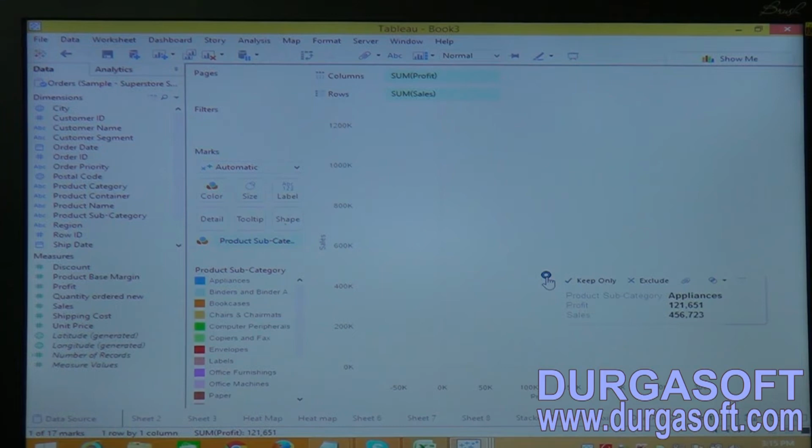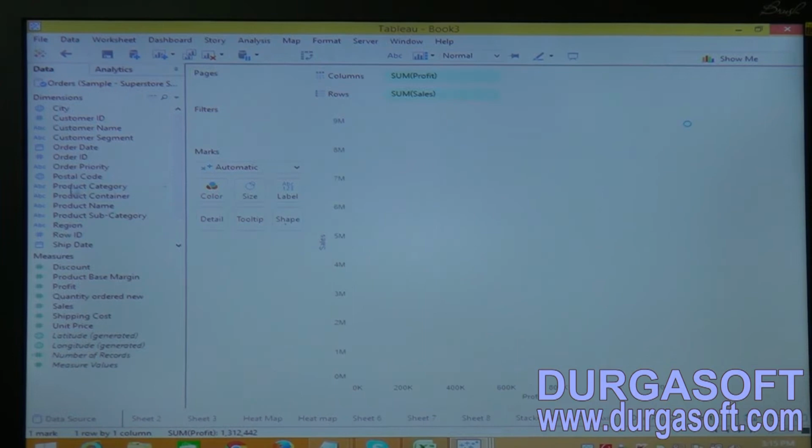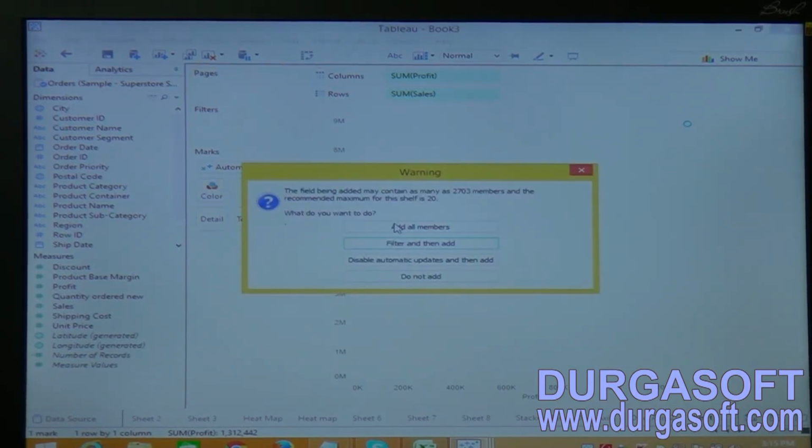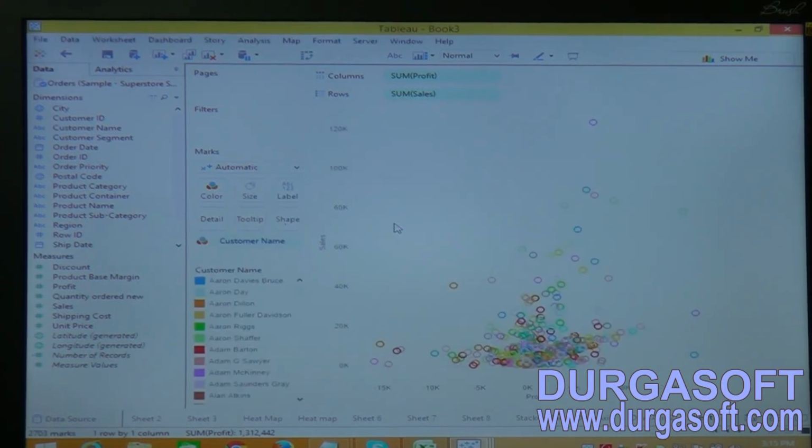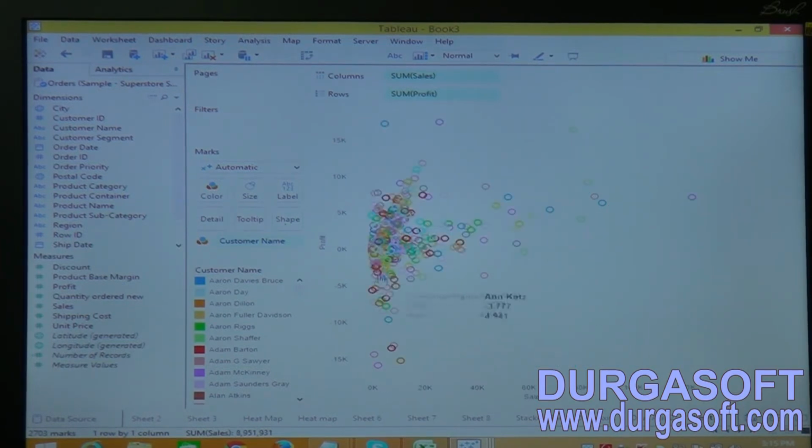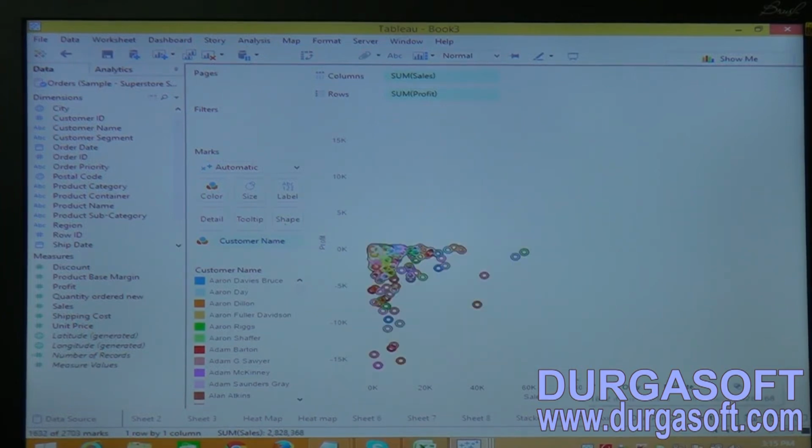So let me divide one more. Let me remove this product subcategory and drag customer name to the color. Now see this, it is representing many areas where the clients are, the customers who have a profit and who have a negative profit, not a positive profit.